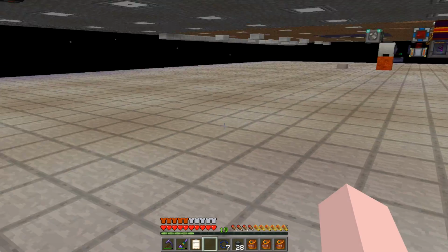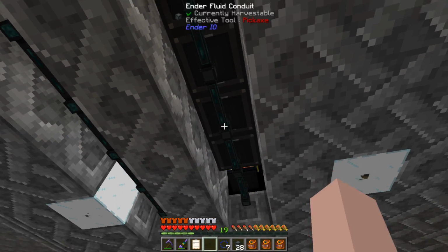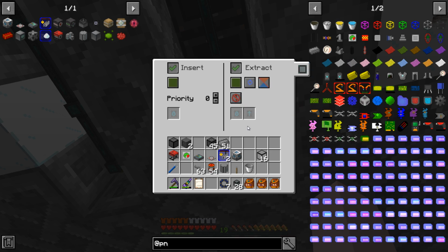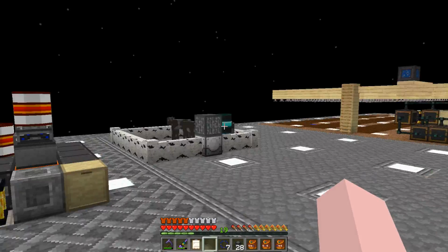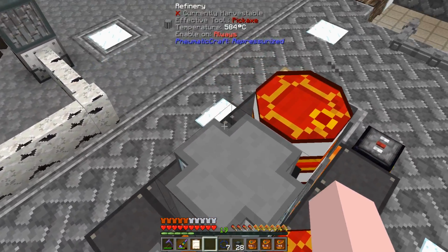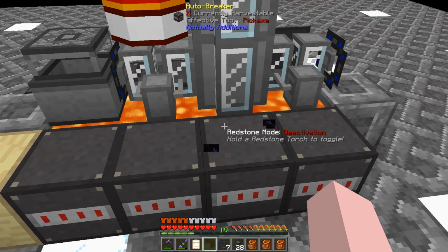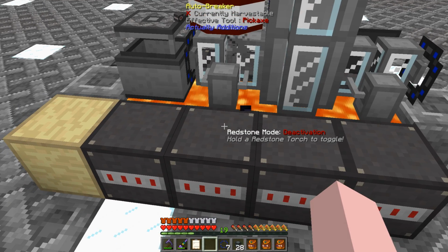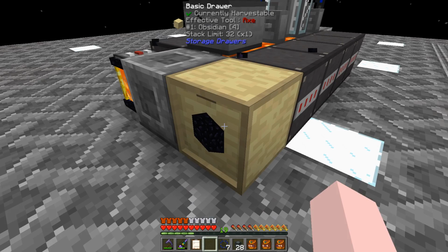So we'll come down here and take that, always active. As you can see, it placed lava all the way along. Now as this lava is used, it's going to eventually, see, it turned into obsidian. So it uses some up, and then the block breaker breaks it and brings over the obsidian and puts it